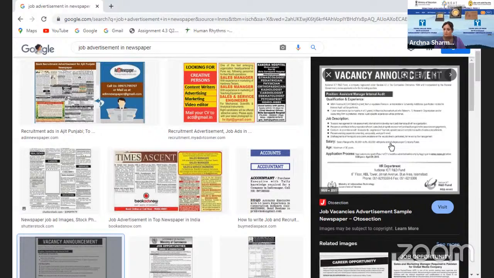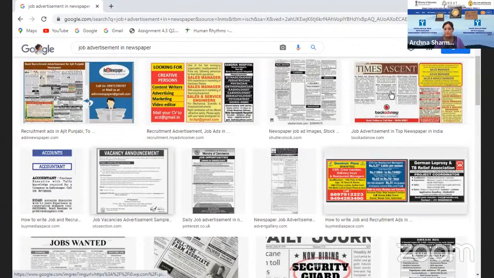Then salary as per the market, या salary range जो भी mention किया हुआ इन्होंने 50,000 to 60,000 rupees. Then minimum age criteria and application process, कि कहाँ पर आप अपने resumes भेज सकते हैं. So that address और email ID, and then the organization address. You will see most of these